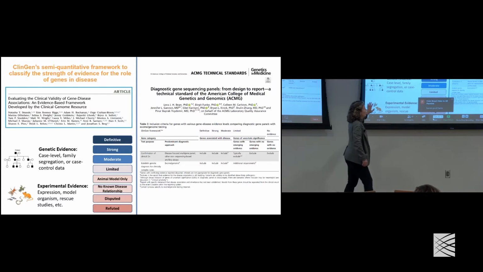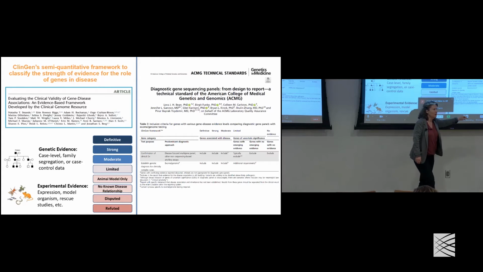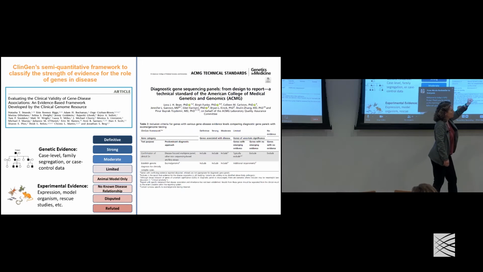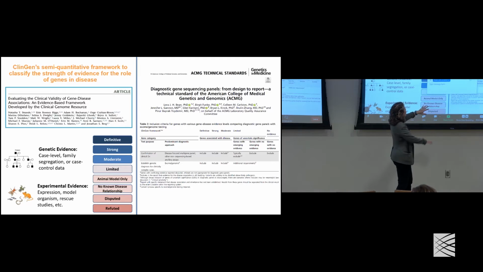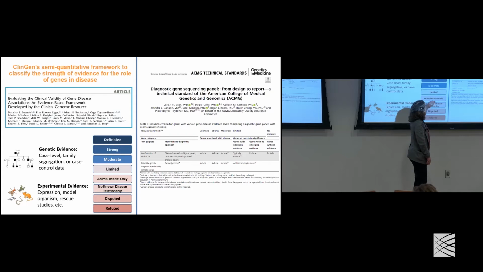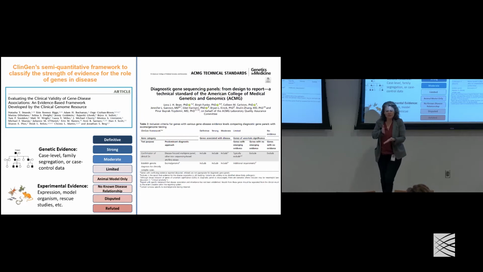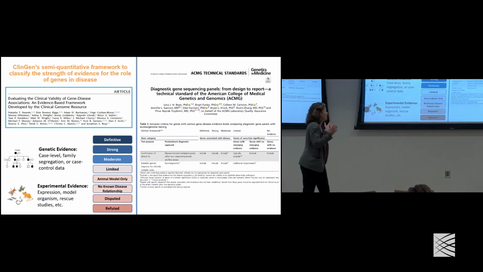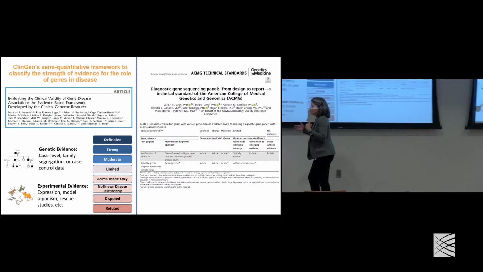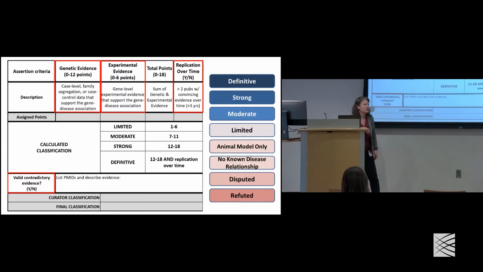That work then can be used in clinical care, because this paper that was written by a working group of the American College of Medical Genetics and Genomics defined what level of evidence is necessary to put a gene in a disease-focused multi-gene panel. That is defined as moderate and above can go in a gene panel, whereas all those limited and below should stay out of the disease-focused panels, but obviously they may be looked at when you're doing exome and genome sequencing, where you're looking at everything. So that's how this framework ties into how we use it in clinical care.